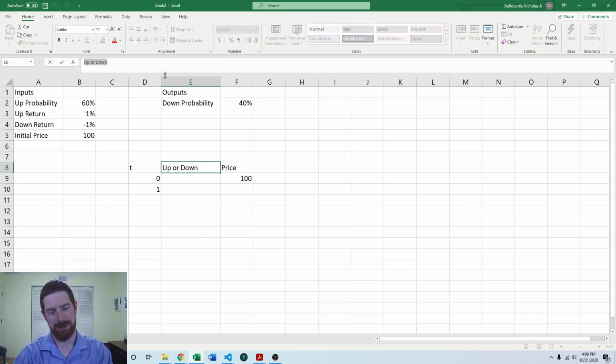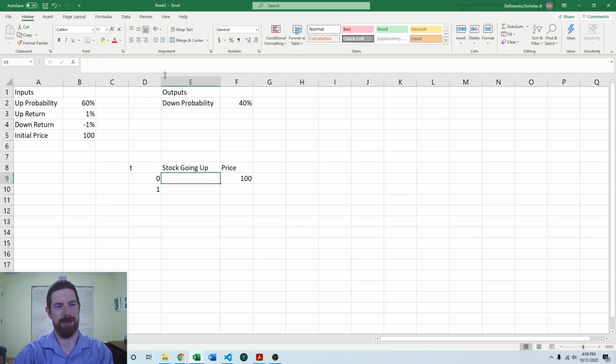Since we only have two cases here, it's easy just to do this with a 1 or 0, so I'm going to say stock going up. So that's going to be 1 when the stock goes up and 0 when it is going down. So here is where we can use that discrete random variable approach that we learned about for Excel. Now we only have two values to pick from, and so it's actually much simpler than what we looked at